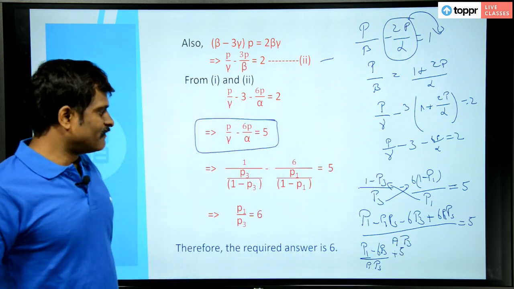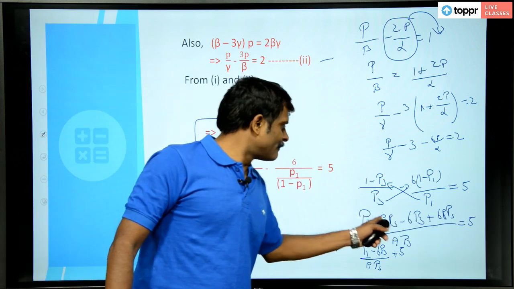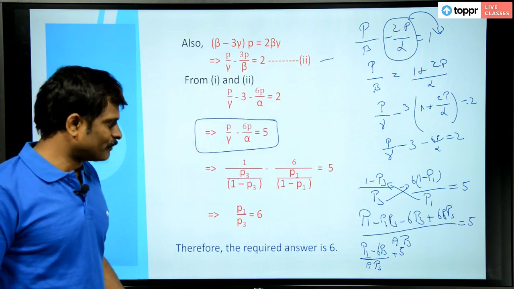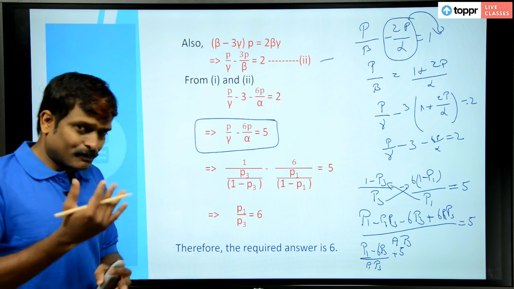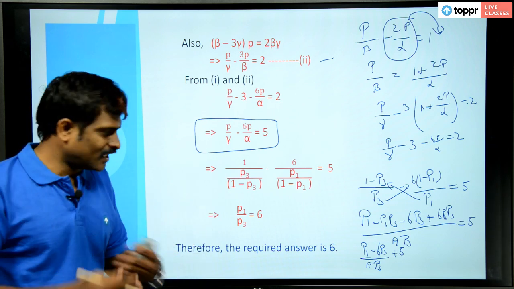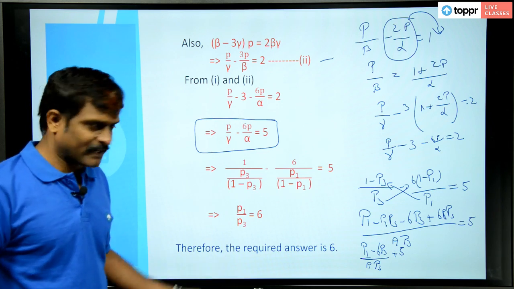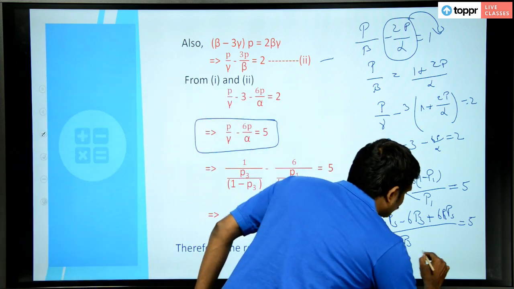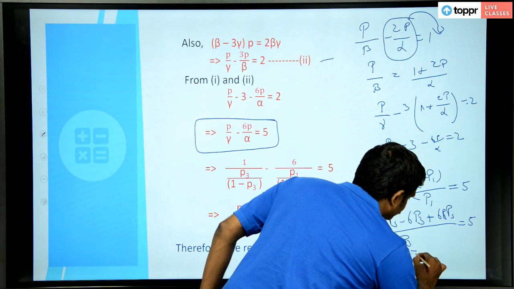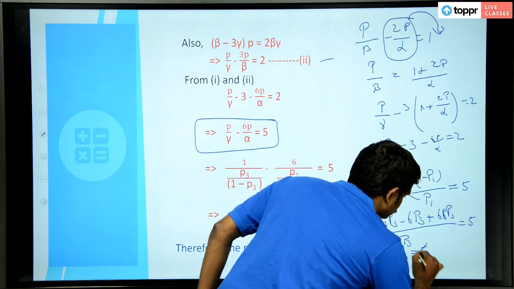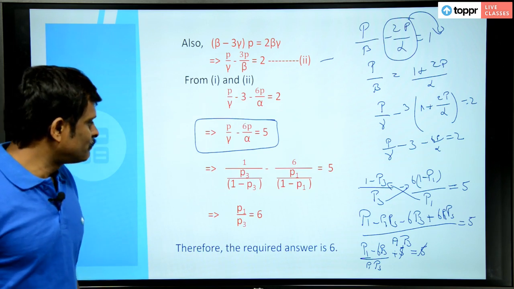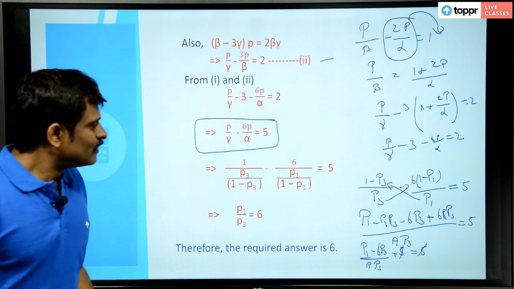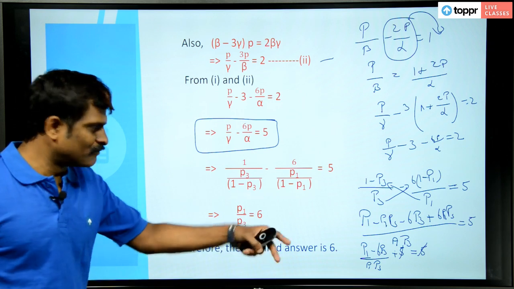How do we get 5? 6 P1 P3 minus P1 P3 is 5 P1 P3, and I am separating the terms, and 5 P1 P3 by P1 P3, P1 P3 and P1 P3 get cancelled and just 5. Why I am doing that is I can get rid of this 5 on the right hand side. So P1 minus 6 P3 is equal to 0, as 5 and 5 go off and that side you have 0,